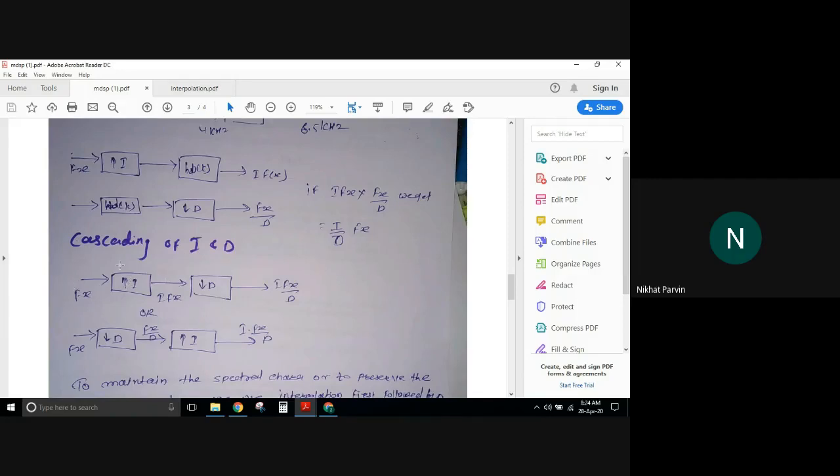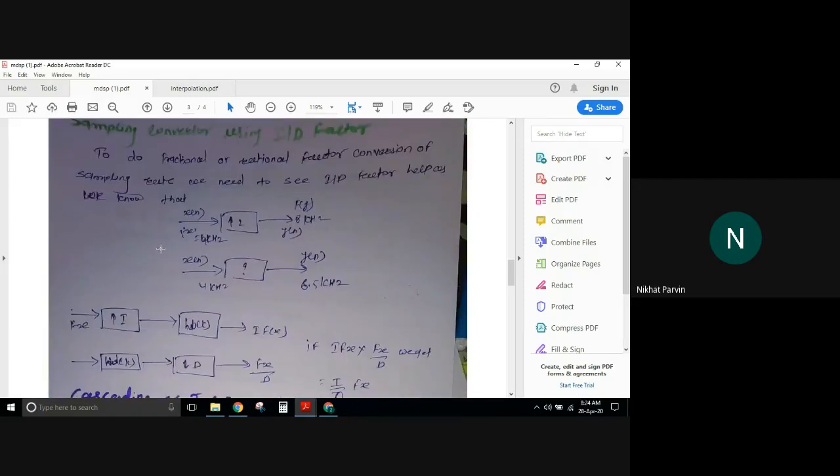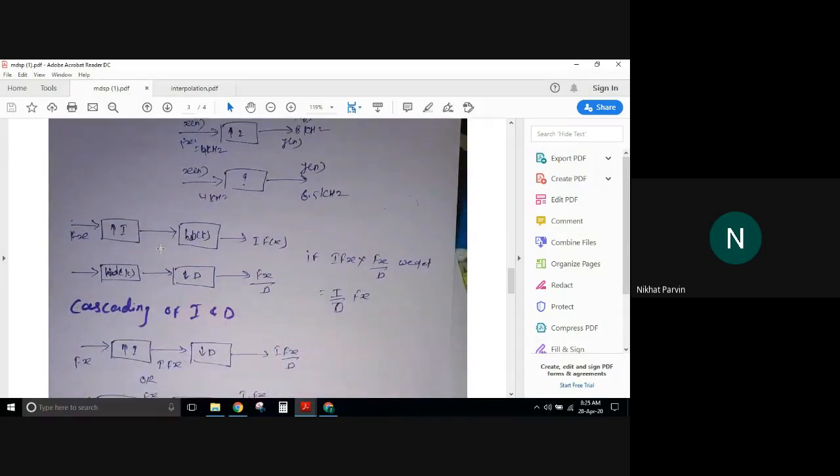First, I have the option. My aim is to have I by D. How to get I by D? Why do I want I by D? Because I am dealing with fractional parts. To obtain that, I can use interpolation and decimation. That means I need to cascade both of them. So what I can see here is the interpolation output, and this is your decimation. Individually, this is your interpolation and this is your decimation. Then when you multiply these two, multiplying means, in our digital systems, you are cascading both of them. When you cascade, when you multiply this, what will you get?